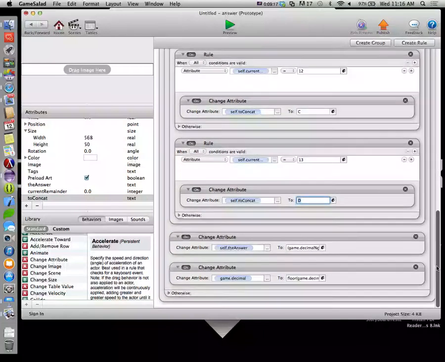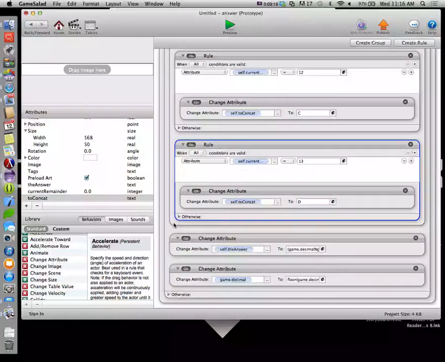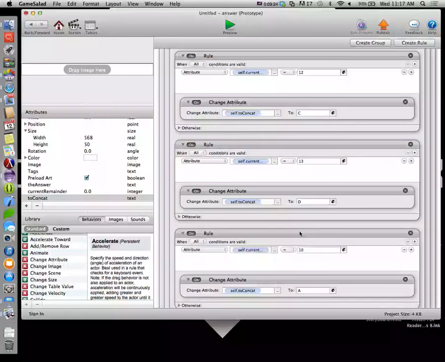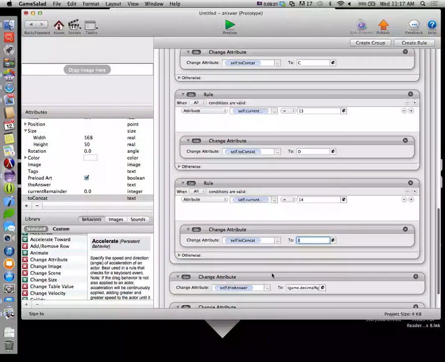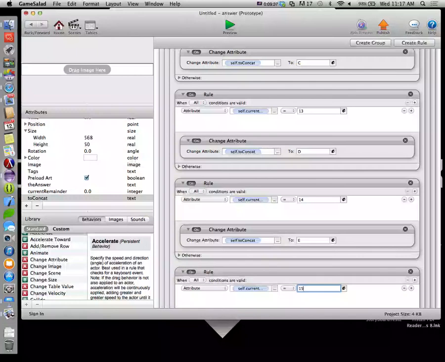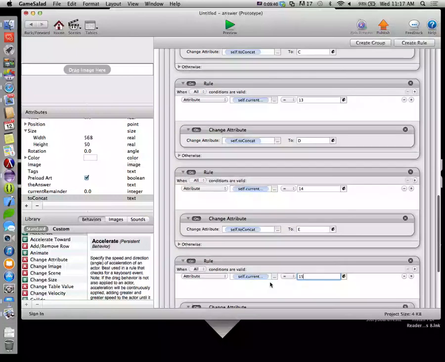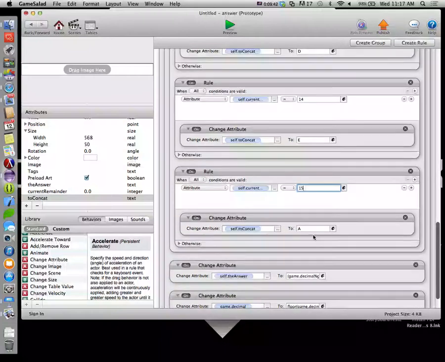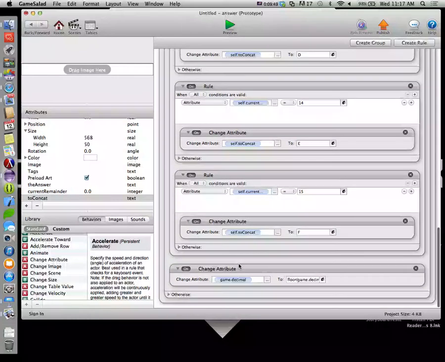Well, we're almost done. 14 is an E. 15 is an F. Okay, I'm going to go ahead and get rid of